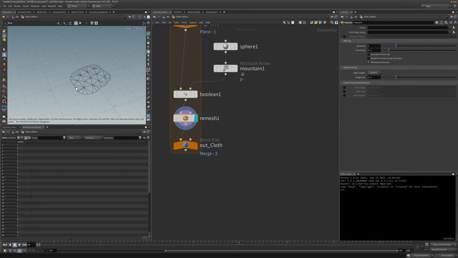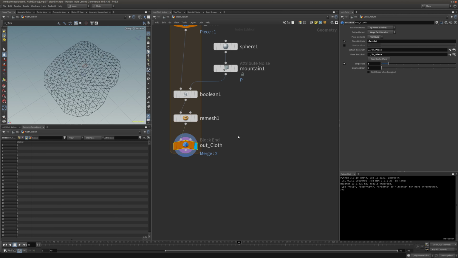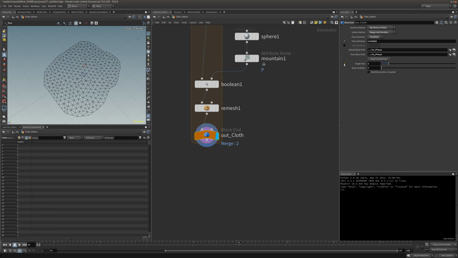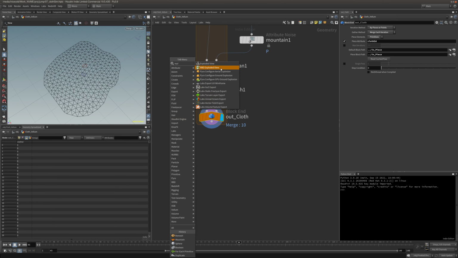Okay, so we can use more detail for this. I'm just gonna drop the target size. All right, so it's gonna allow our cloth to jump around. But now, if I turn off my single pass, then explode my shapes,